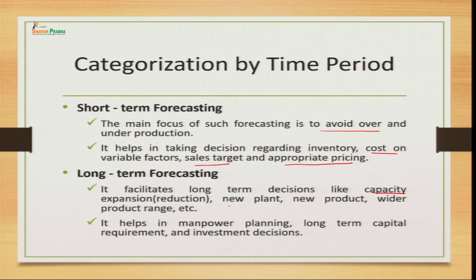You may want to introduce a new plant, add a new product to your business line, or increase the product range. All these things will be forecasted for a longer period of time, looking at the trend and the market